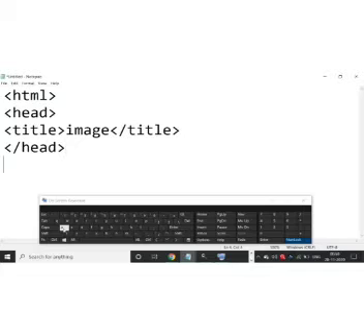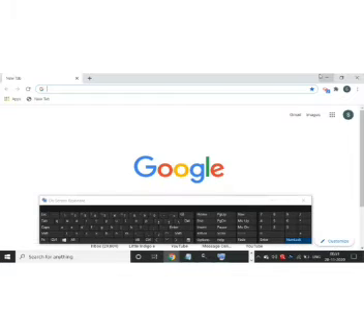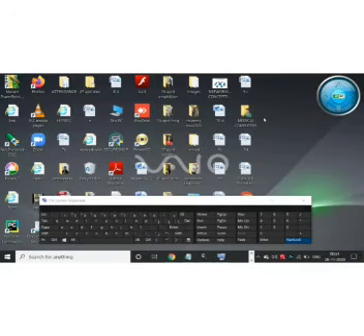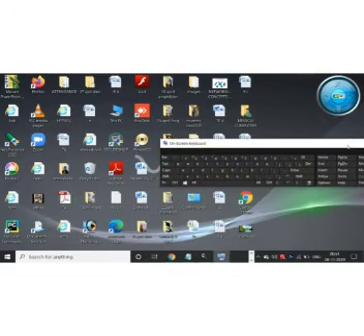Now you will start with the main tag, and that tag is your body tag. The body tag is a tag where all other tags are used. So here we are learning how we can insert an image. To insert an image you will write img, and src is the attribute of the image tag where you specify the path of the image that you want to insert.